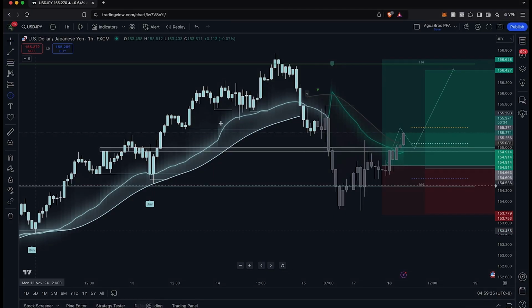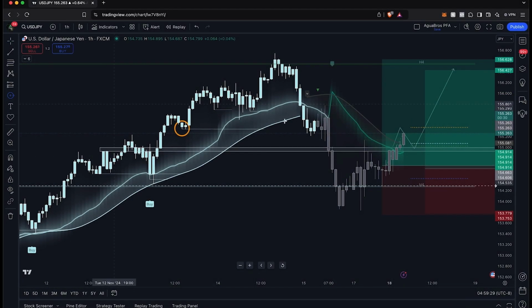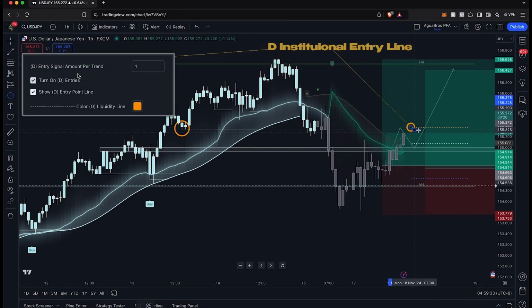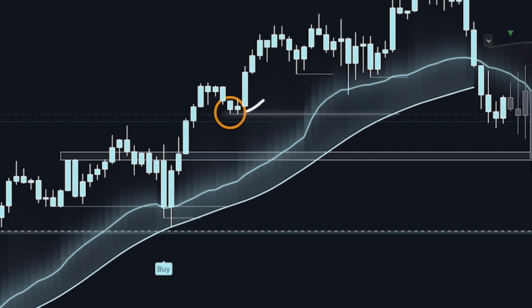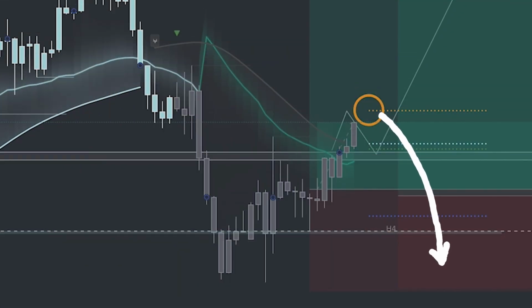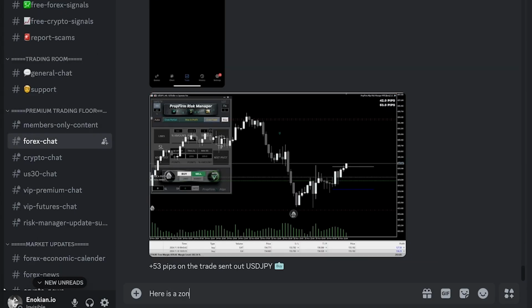Now back on the charts, I want to point out something amazing about this 3.0 update of Prop From Algo. Right here, you see it's in perfect alignment with the institutional entry line. This is a previous area of support which can now act as resistance. So let's let everybody know here is a zone that we are going to be battling in this next phase,